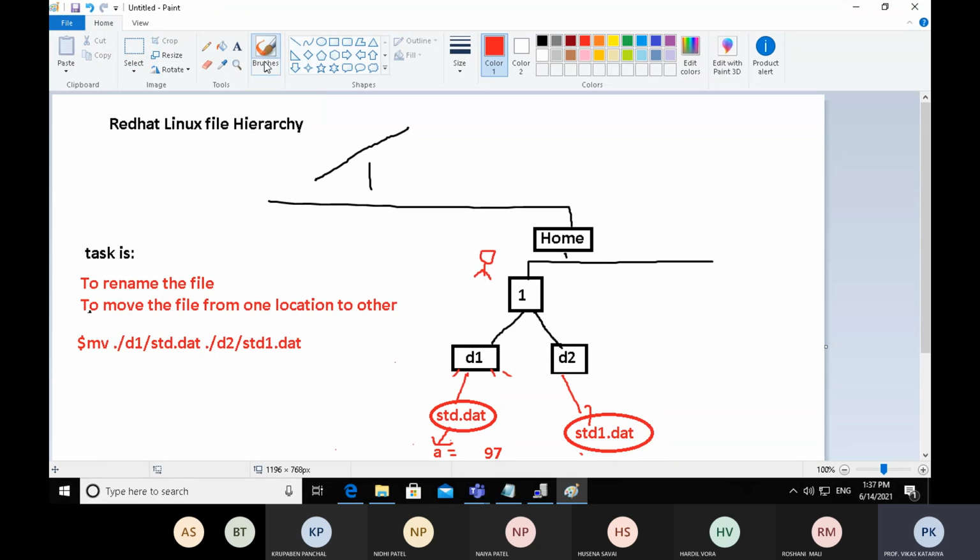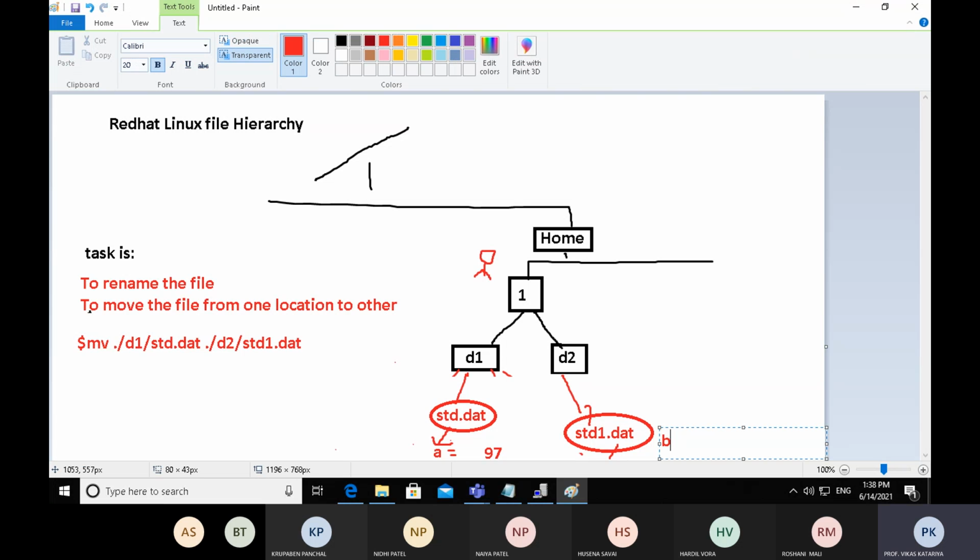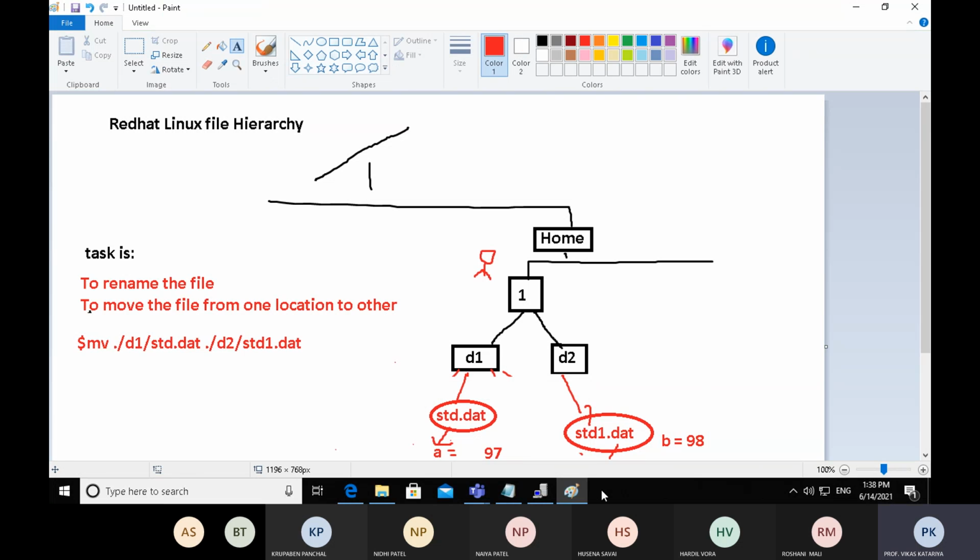Similarly, in student1.date there is a single character B, and the ASCII value of B is 98. So the diff command tells us the difference between the two characters.